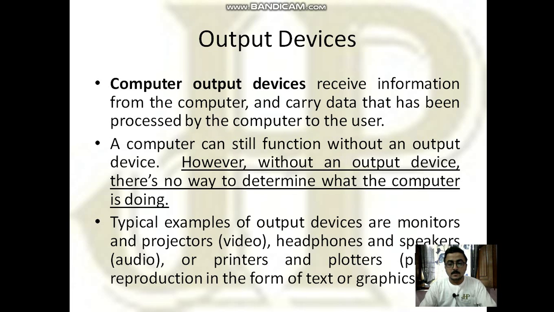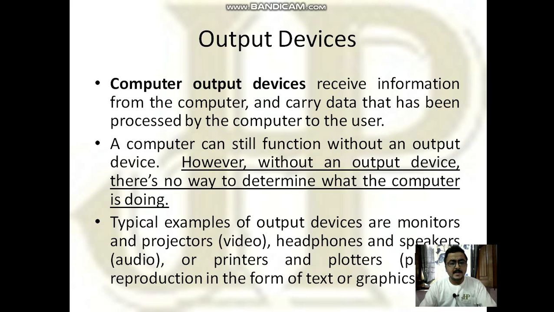As we know, the data stored in computer are processed by CPU, and that processed data are known as information that are still in the form of 0 and 1. So, a device is needed to receive that data and convert it into human readable form. This is done by various output devices. Okay?